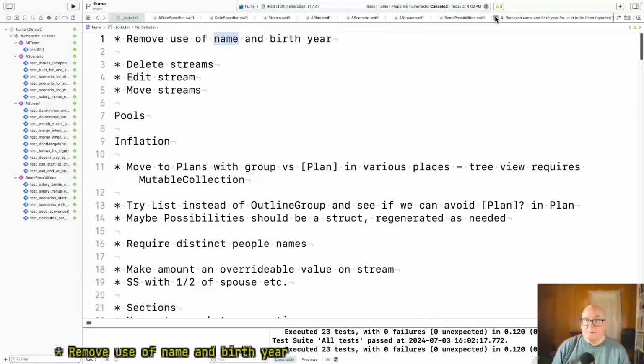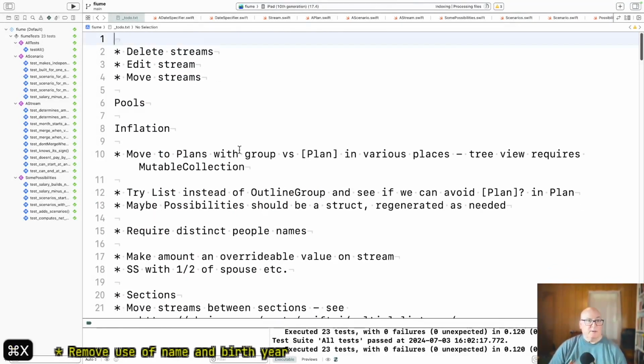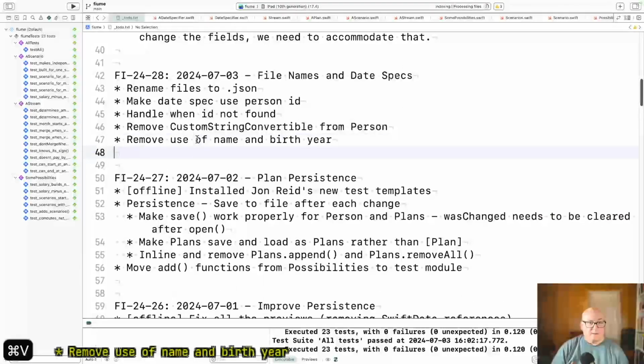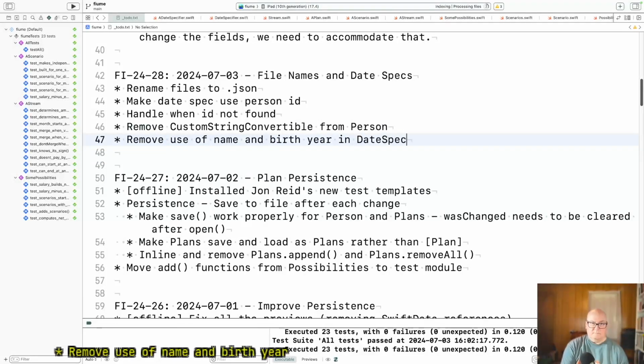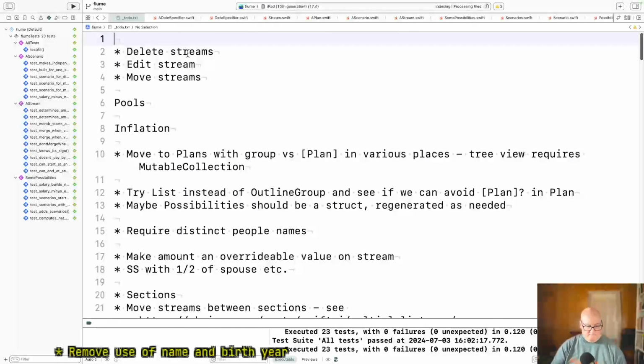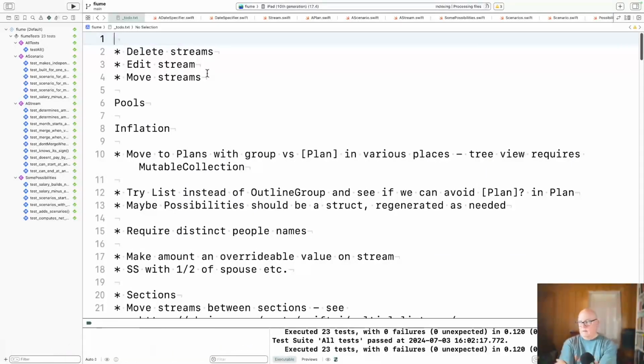Okay, and to do: move use of name and birth year. Okay.